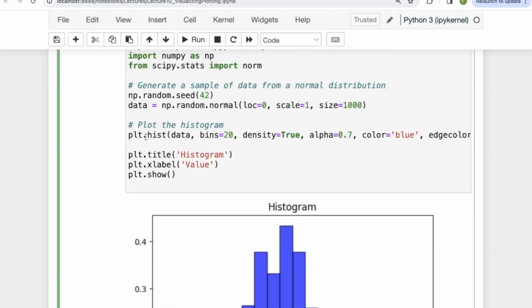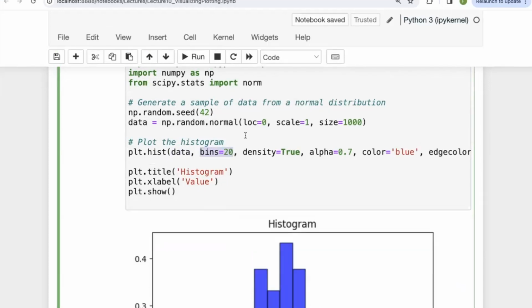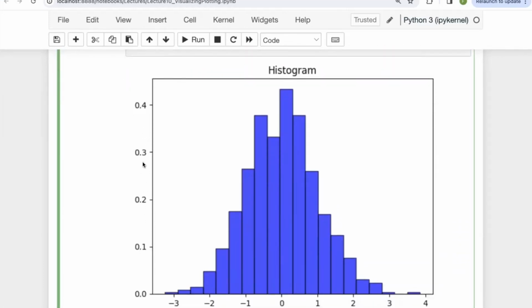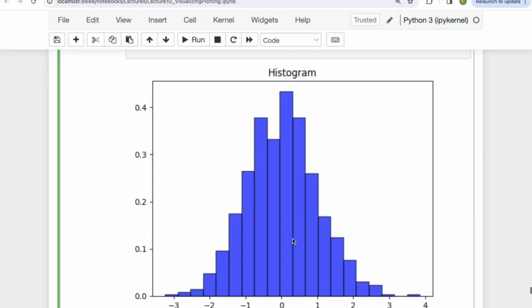And so what we do when we use plt.hist is provide this data and the number of bins, and I personally like to put density equals true, because the nice thing is that the y-axis is this sort of normalized version. Still, based on what we see on the x-axis, we have values. Because we created random numbers from a normal distribution with mean 0, this is definitely centered at 0. And then this is the standard deviation or spread of the data. And you can see that if we find the area under this histogram plot,